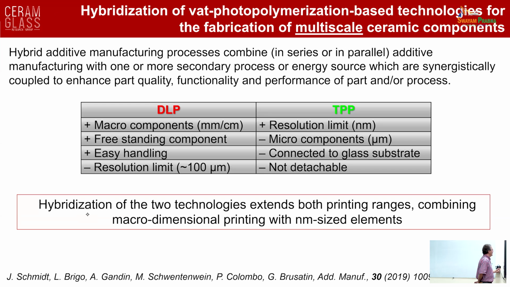vat photopolymerization based technologies for fabricating multi-scale ceramic components. So you know that DLP has the advantage because it generates macro components, freestanding, that you can handle easily, but it has resolution limitations, 50 to 100 microns. 2-photon polymerization has a very high resolution, but can only make micro components connected to glass substrates and typically non-detachable, especially after pyrolysis. So